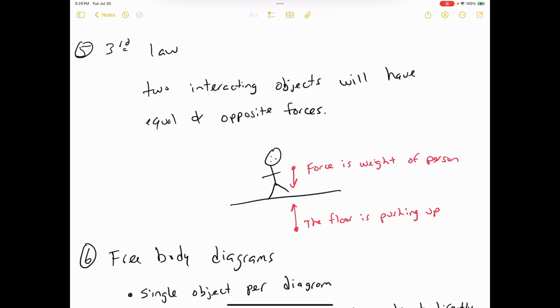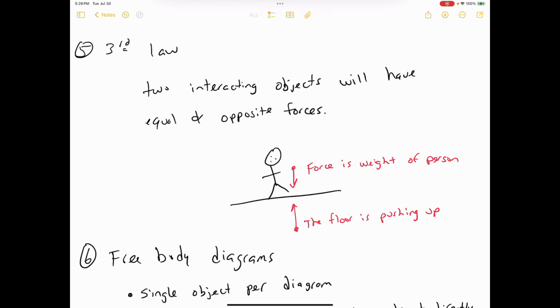Gravity, which is about 9.8 meters per second squared, times its mass, 50 kilograms or whatever, gives some force. So this person has a weight, which is a force in newtons, and it's pulling the person down. You can see the arrows going down. But because the person is interacting with the floor, the floor is also pushing up. So if the person were pushing down with 100 newtons of force, the floor is also pushing up with 100